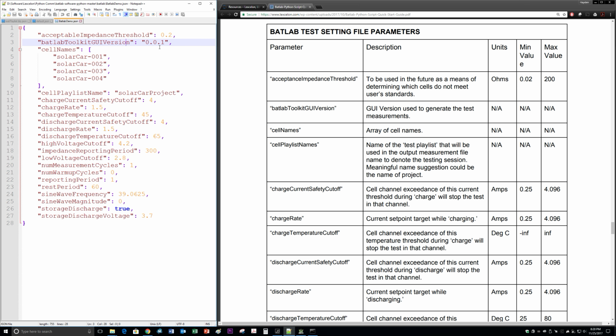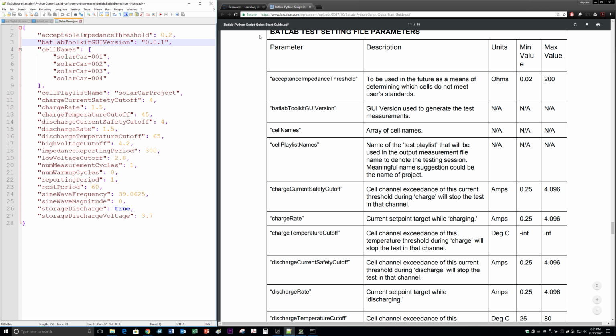On the test. However, it does output to the measurement file as kind of a comment, because it's important to maybe be able to trace your measurement output to a specific version of the software in which that measurement output file was produced. The cell names, this is an array of string values that are comma separated and